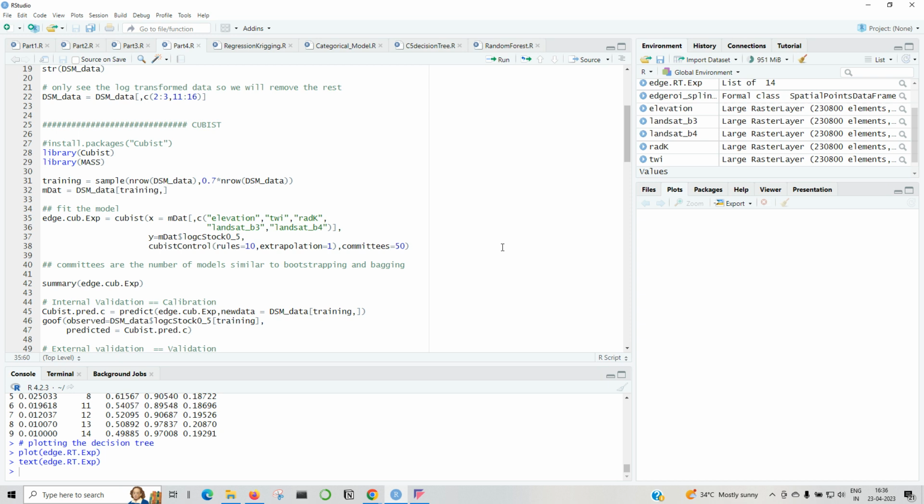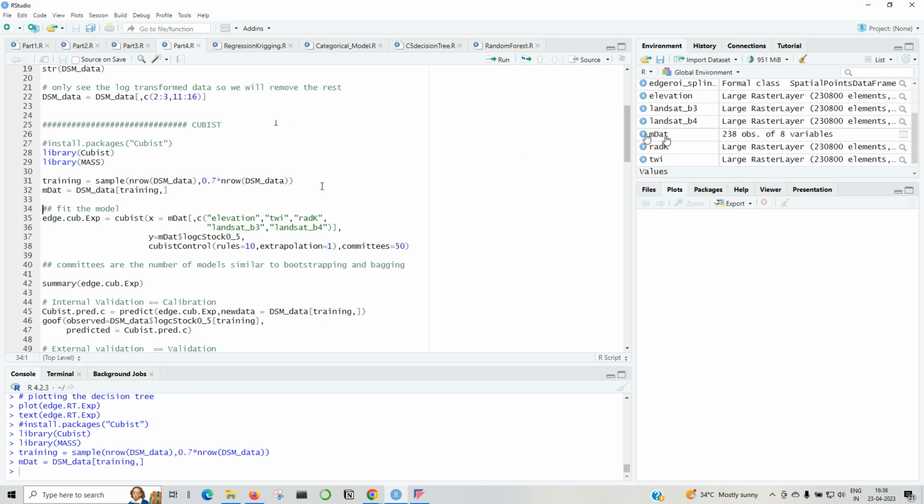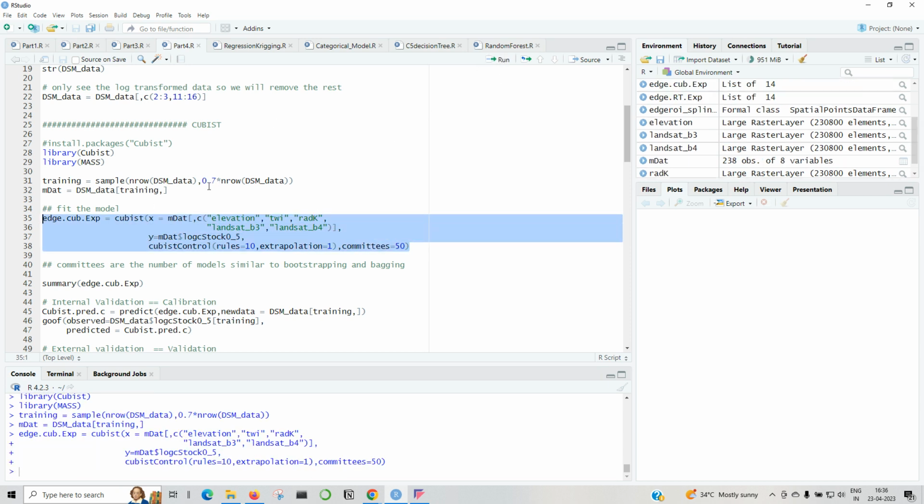So I'll just delete the plot. Now let's load the library and split the data into training and store it into MDAT. And here is the fitting that is going on. We have X, our independent variables, stored in a data frame. And then we have our dependent variable, MDAT. In this data frame, the dependent variable is log C stock 0 underscore 5. And we have specified some